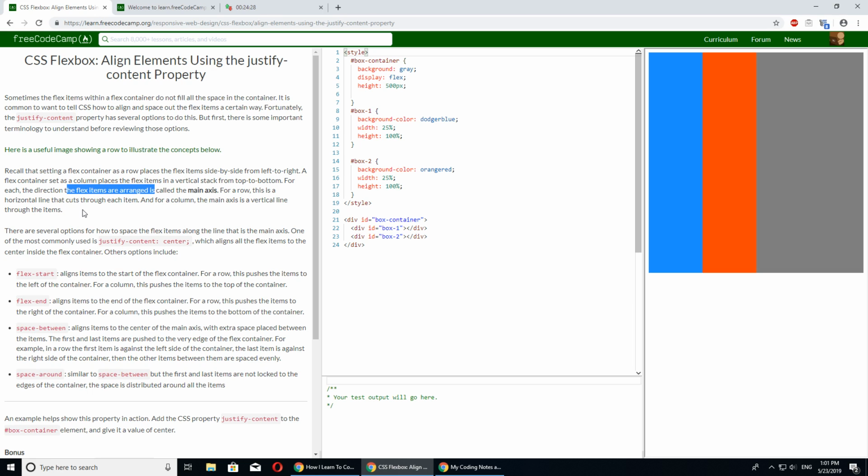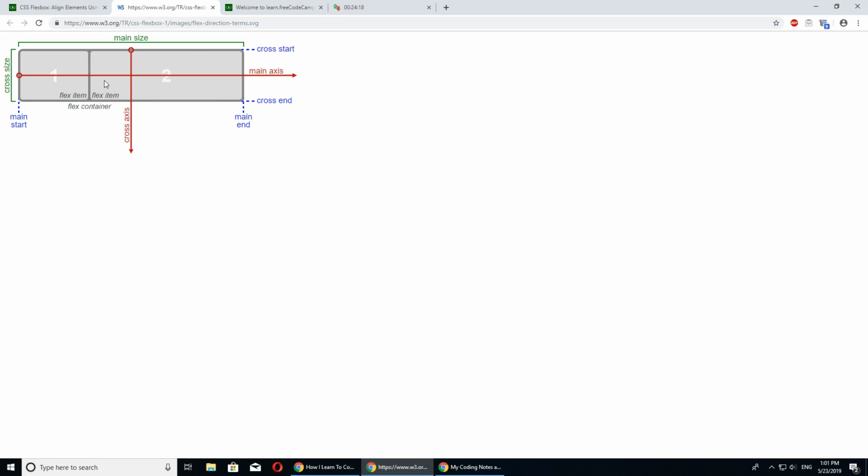For a row, this is a horizontal line that cuts through each item, and for a column, the main axis is a vertical line. Okay, so the general definition that I tried to create was wrong. So the main axis is just how the items get stacked. If it's a row, then it's the x-axis. If it's a column, then it's the y-axis. So the main is the stack,